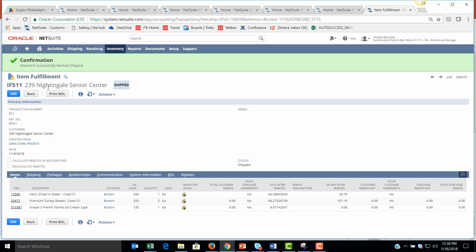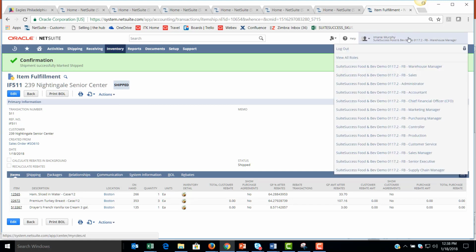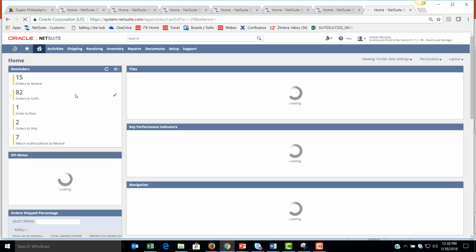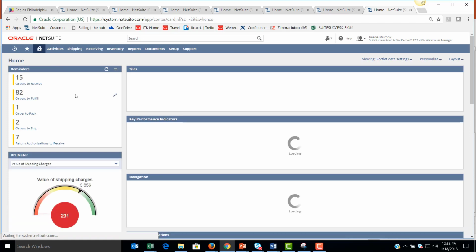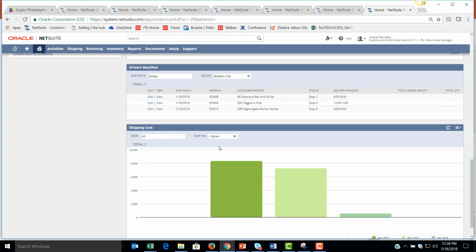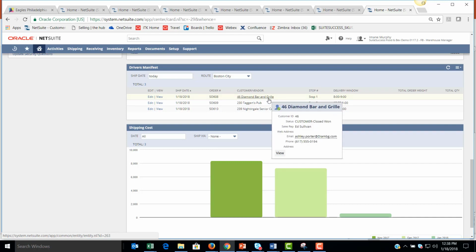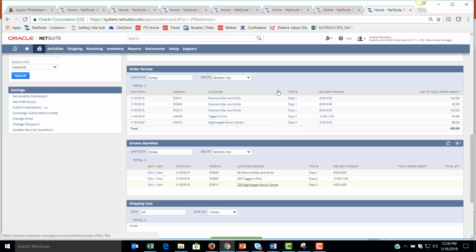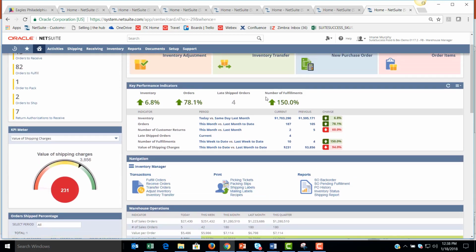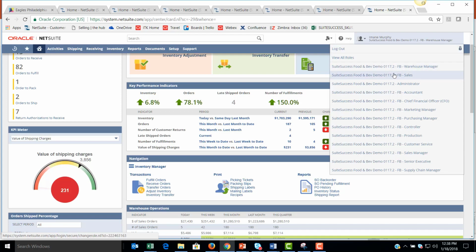So now that system, that order has been shipped, we've loaded the truck in reverse stop sequence. I can go back here, and you also have the ability to print a bill of lading. You see the button print bill of lading that you can configure just like your pick tickets. We also have the ability to do a driver manifest, which is a query if you want to do addresses. From a documentation standpoint, whatever you need to give to the driver, send to the customer, you have the ability to create those documents within NetSuite. So if I change back to the sales rep role,